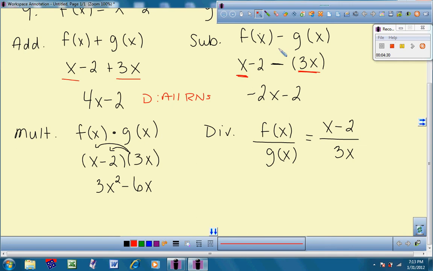Alright, let's look at subtracting our two functions again. All we have is our variable x. We are allowed to plug in any real number that we can think of into x, and we will obtain a y value. When I bring my two functions together with a subtraction, you can see that I can still use any real number. So again, my domain is going to be all real